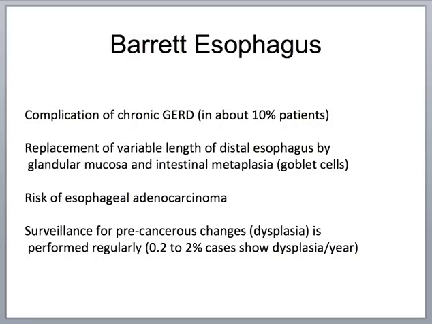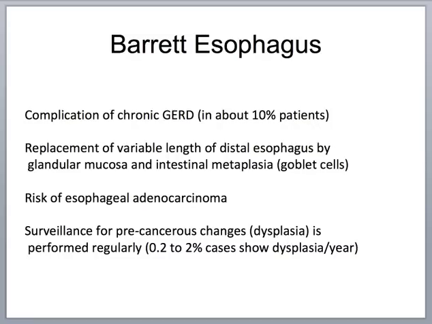The final entity I want to talk about is Barrett esophagus. This is a complication of chronic GERD seen in about 10% of patients. And what this involves is replacement of variable lengths or patches of the distal esophagus by glandular mucosa and intestinal metaplasia, which is marked by goblet cells. Barrett esophagus is considered a pre-malignant condition because it's associated with the risk of esophageal adenocarcinoma. So it's important to identify Barrett esophagus in patients with GERD